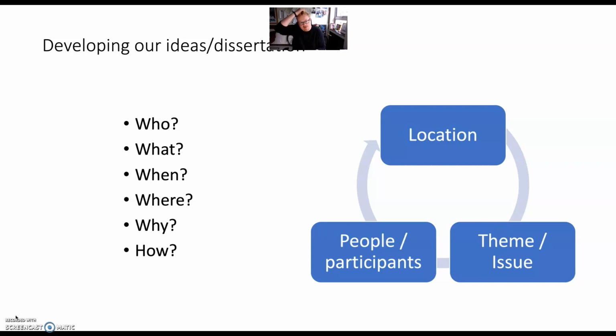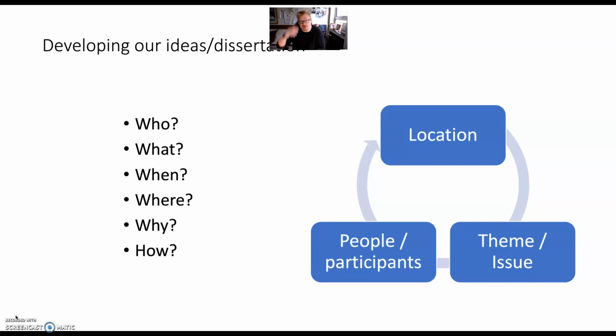So, firstly, as we discussed last week, there are some basic and fundamental questions that you need to think about when developing the ideas for your dissertation or any research project. And they relate to the research population, so who do you want to talk to and why, what the key idea is, what the key topic is that is driving the investigation. So is it a policy issue, is it a societal issue, is it an economic issue, or is it something a bit more environmental?